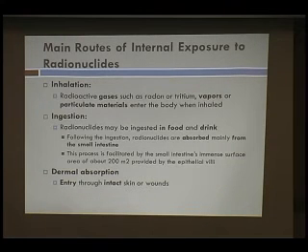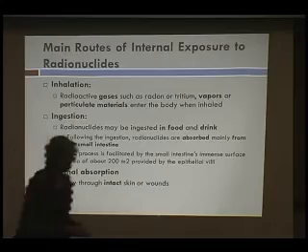So for inhalation, if you're breathing in radioactive gases such as radon or tritium, or vapors, they can enter into the body that way through the lungs. And then radionuclides can also be ingested in food and drink. So for example, milk that's contaminated, if you ingested it, that would go into your body, and they're absorbed mainly from the small intestine. And then there's also dermal absorption, it can be through intact skin or through wounds. So those are the routes that they get into the body.